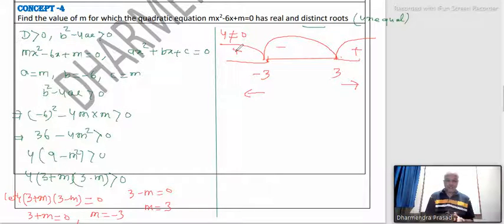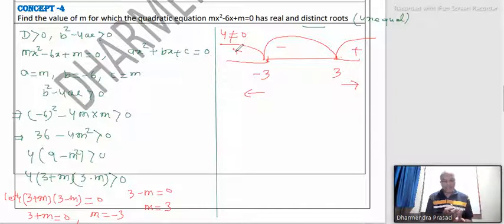Almost all the questions of this type on inequations, we are going to do the same process. Actually this process is not in class 10, it is in class 11, but as this question is here, we should know the method of solving this. Or you have to learn the method. This is the answer should be this.